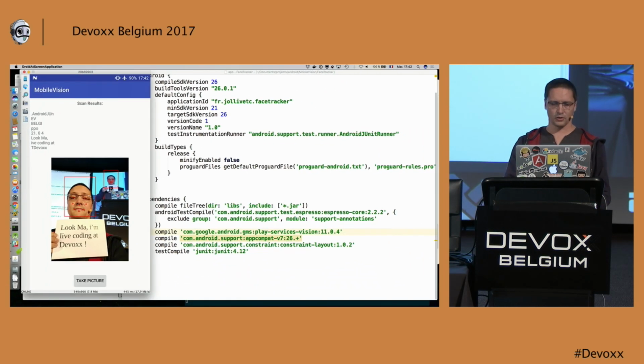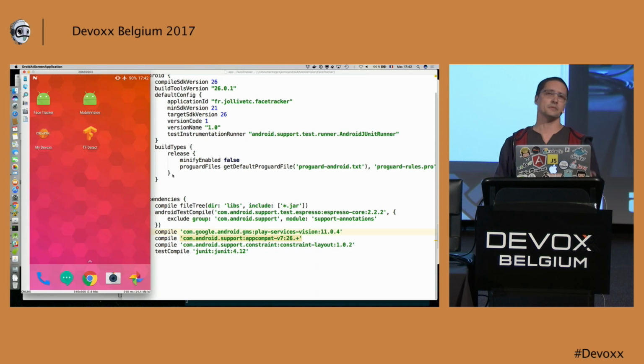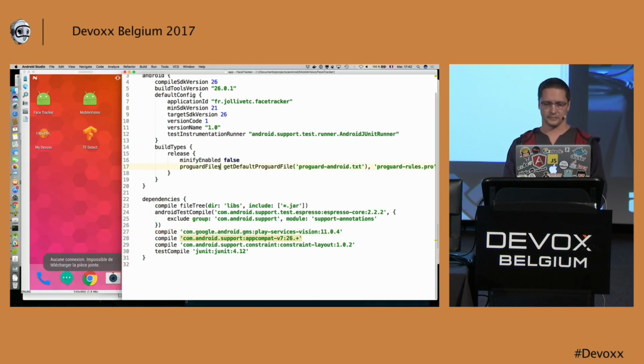Okay, so you can use the bounding box on your text to know where it is, and you will be able to select it, or you can draw the bounding box on the screen and let people click on it in order to get a translation or things like this. So quite easy for the moment. What we will do now is try to do it in real time and not on a static picture.